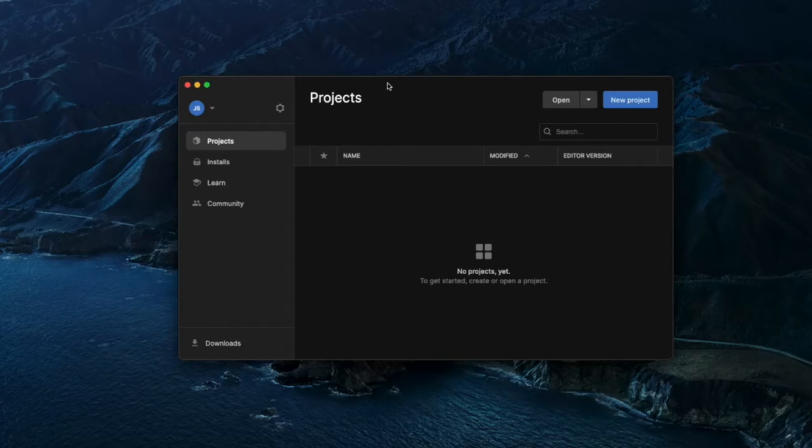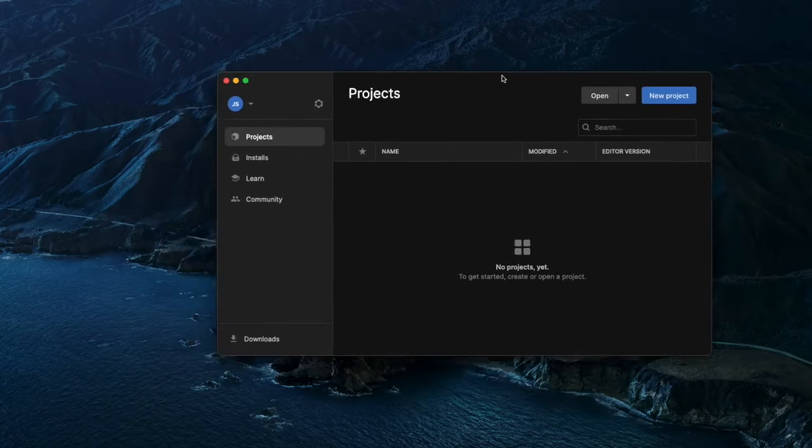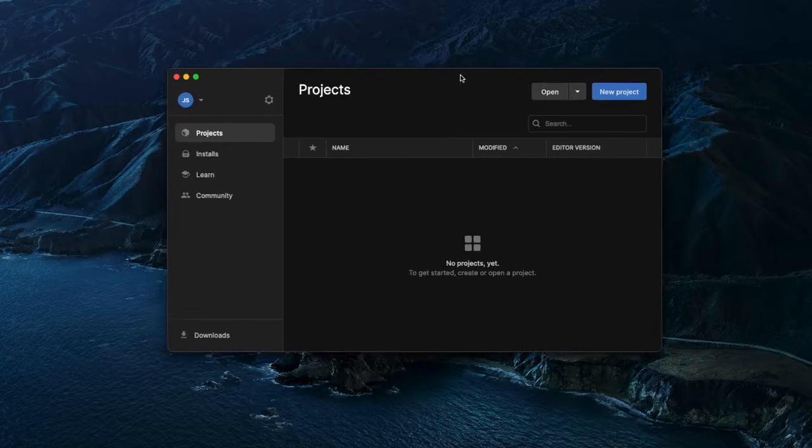So in a previous video, we covered how to start a new project if you're on a PC computer. This time, we're going to cover the project setup for a new Unity project if you are a Mac user. So if you locate your Unity icon and open up your Unity Hub, like I have here,